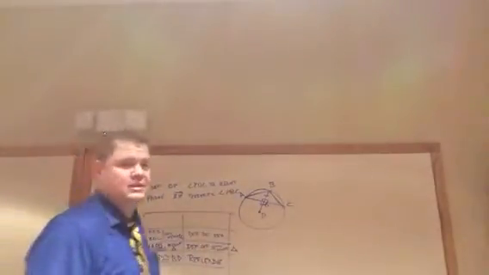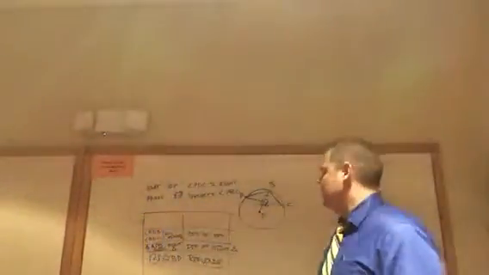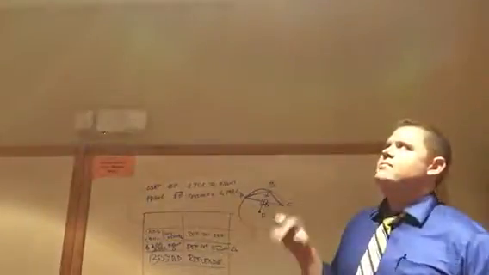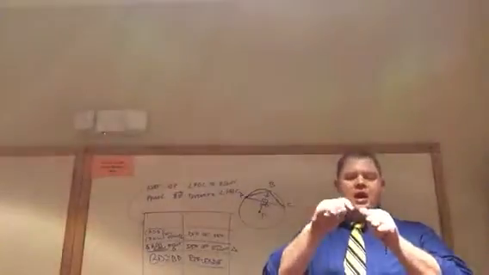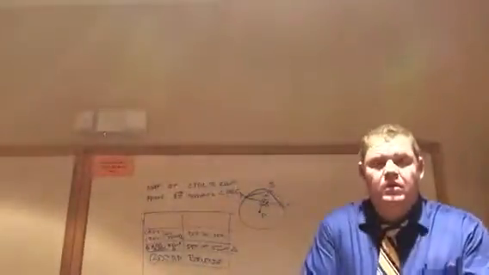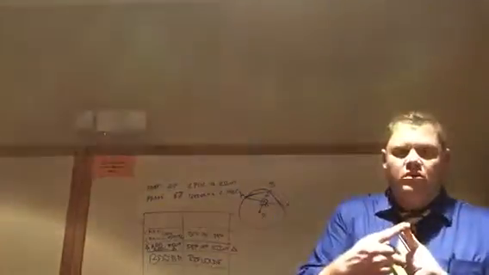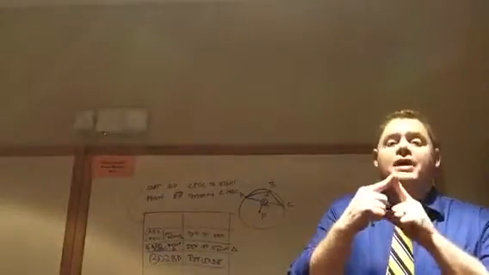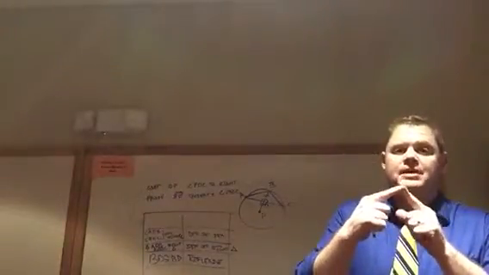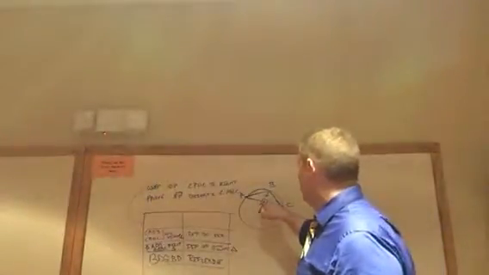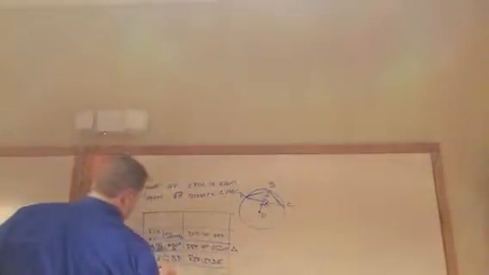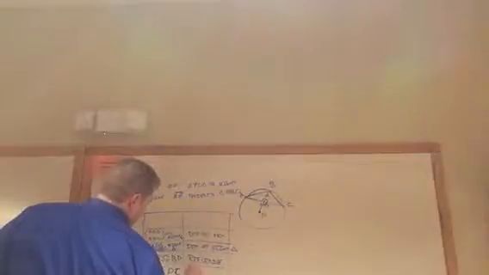Then what's next? Now, this is the tricky part. Remember Theorem 9.1. Theorem 9.1 states what? If it's perpendicular, then it does what to the chord? Bisects the chord. Perpendicular bisects the chord. Therefore, AD is congruent to DC. Why? Definition of